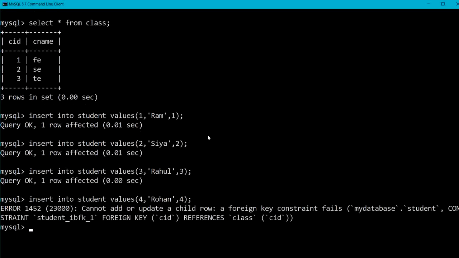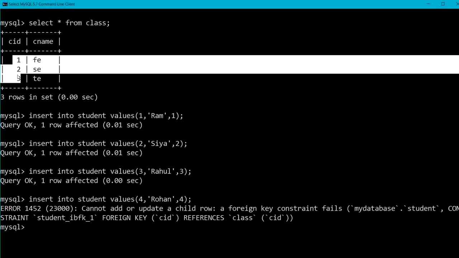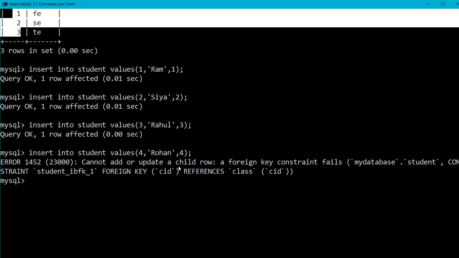Why is this happening? Because I am having class ID values in my parent table as 1, 2, 3. So here we have inserted the dependent class ID records 1, 2, 3 respectively as the class ID in my student table. So now let me display all the values in my child table.